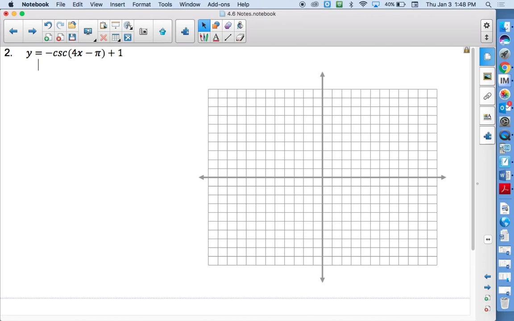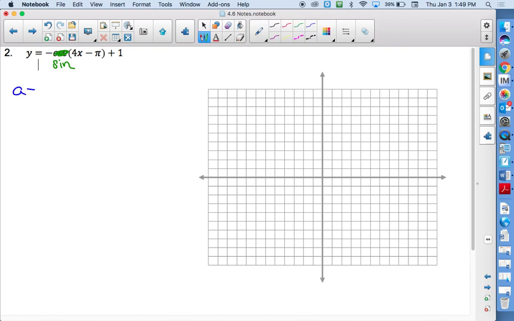So we have, for number 2, this is on the worksheet that you got when you came in, negative cosecant of 4x minus 1 in parentheses, and then plus 1. So we're going to pretend for a moment that this actually says sine, because the sine and the cosecant are reciprocal functions. So if you have sine, the cosecant is pretty much going to do the opposite of it. So we're going to think right now that we're graphing a sine graph. And if you go back to graphing a sine graph, those same 4 letters,